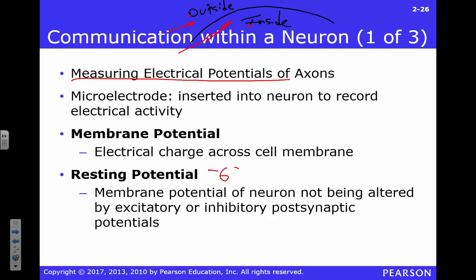Inside the cell is going to be negative 65 millivolts. This is millivolts, this is small. Outside the cell, guess what that is? We made it really easy for you. It's 0. We'll talk about how we set this up in just a moment. But outside the cell, the whole rest of your body, whole rest of your brain, we're going to say that's at 0. Neutral, not a big deal. We're going to say the inside is negative 65.